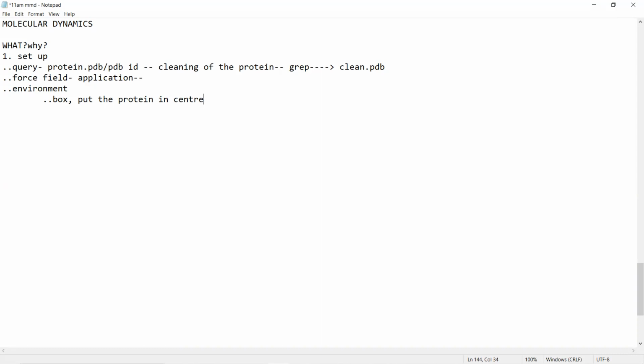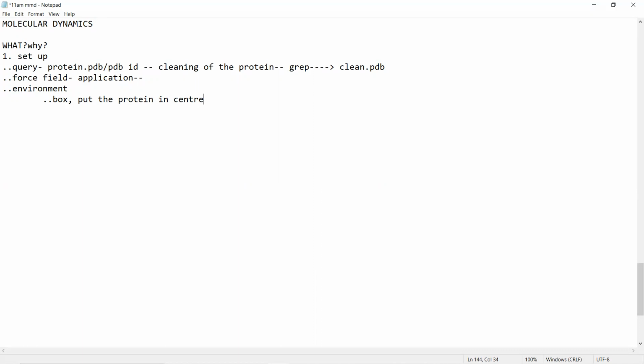Okay, the same thing. Supposing you want to see how I would behave at 40 degrees Celsius. So what people will do, they will put me in a room which is set to 40 degrees Celsius. So same thing with the protein also. You are putting your protein in a box. This box we will be giving to the protein and the protein will be put in the center of this particular box. There are different conditions which you will be analyzing and setting within this particular step of setting up the box,